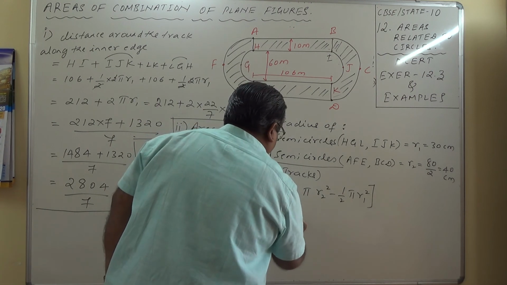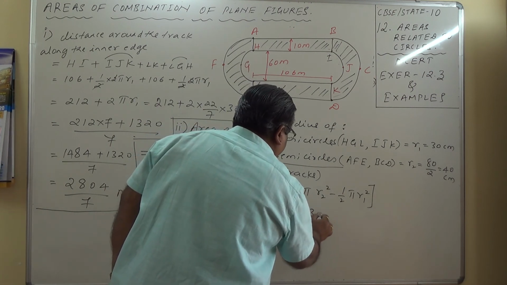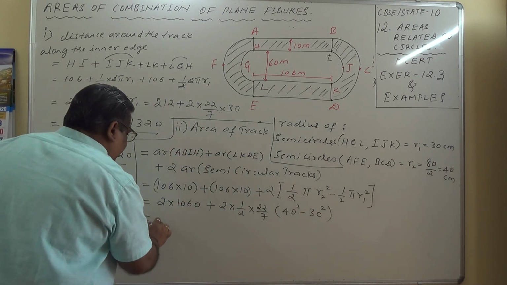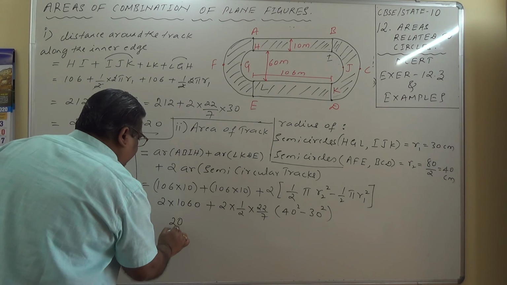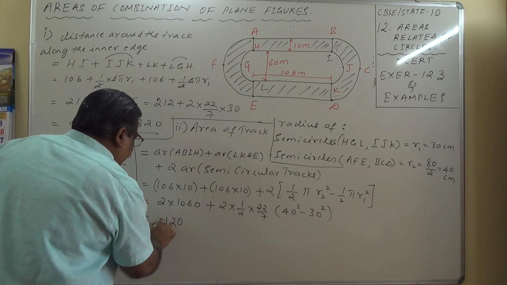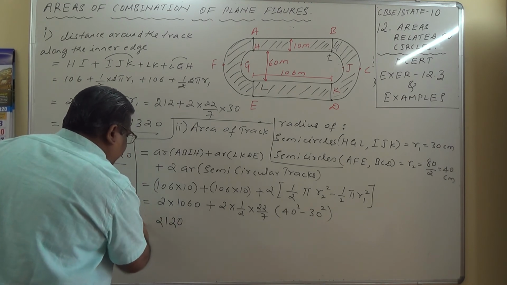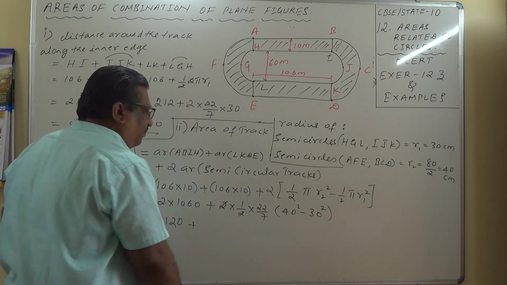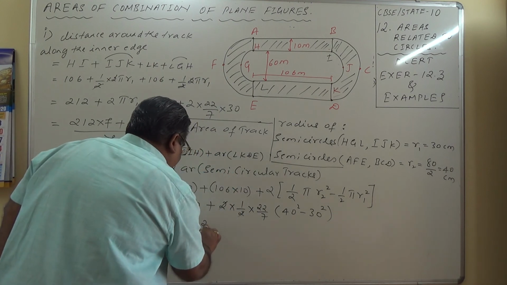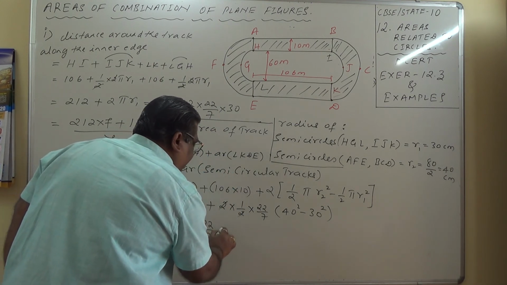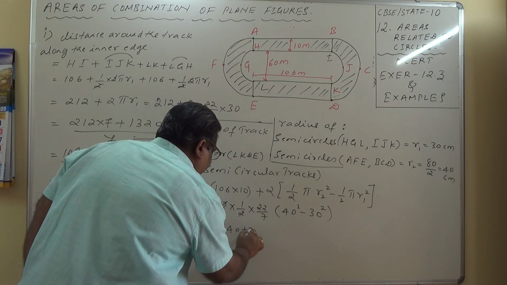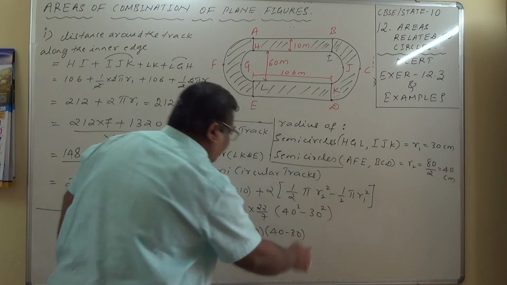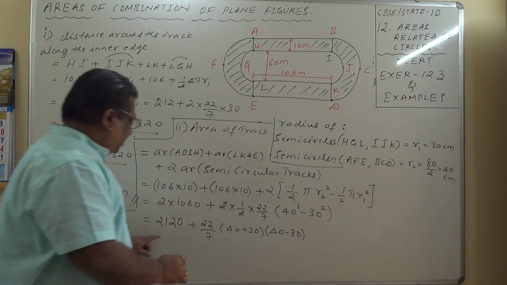R2 is 40, square, minus 30 square. So this is 2120 plus, 2 cancels here, 22 by 7 into 40 plus 30 into 40 minus 30, a square minus b square. That formula I am adopting here, which is equal to